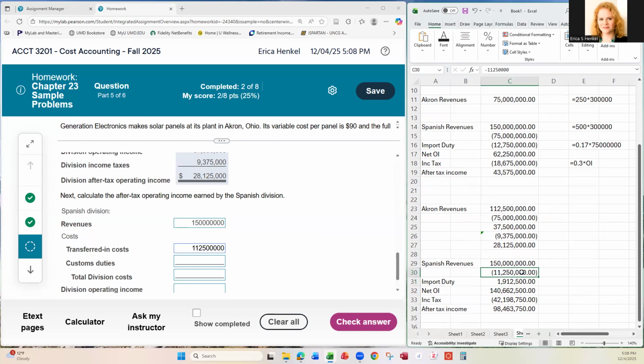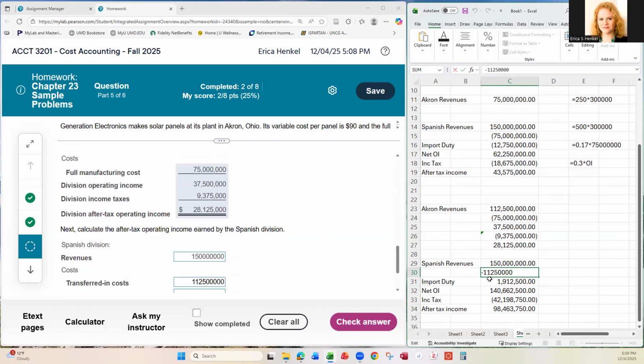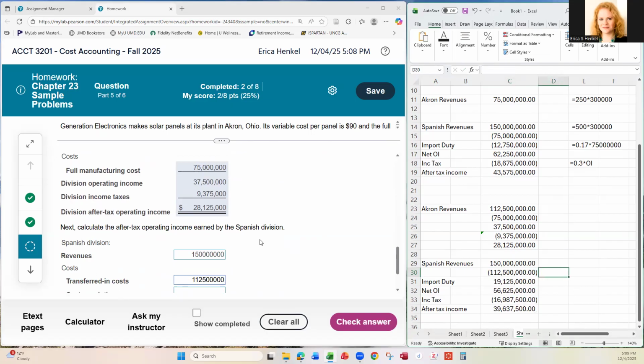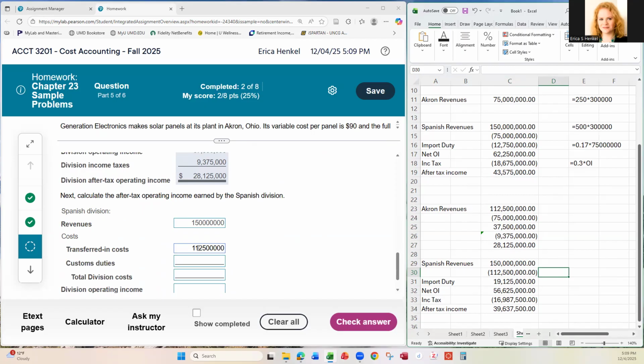I'm off by a zero here. 112 million, 500. Yeah, I was missing a zero there. I typed it over here right, I just didn't put it here right. Okay, so that gets us customs duties of